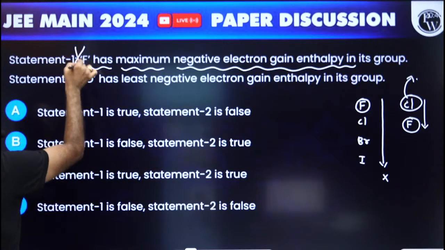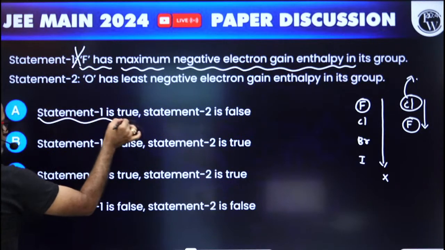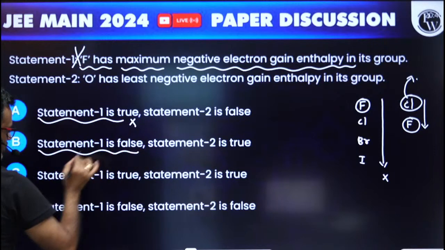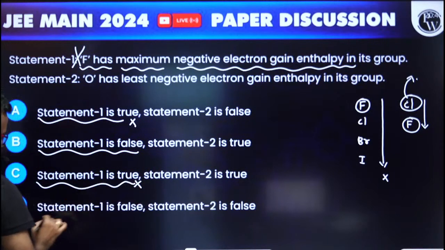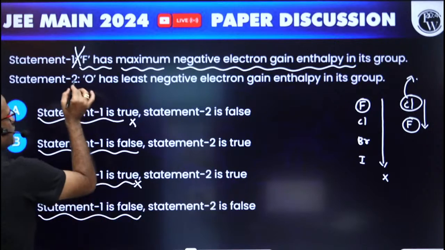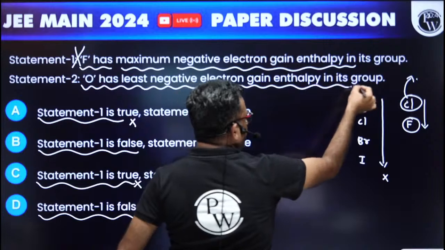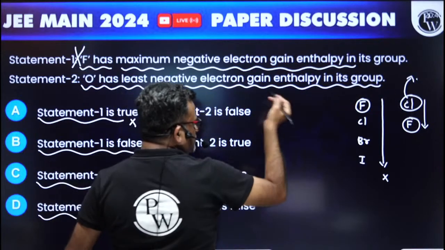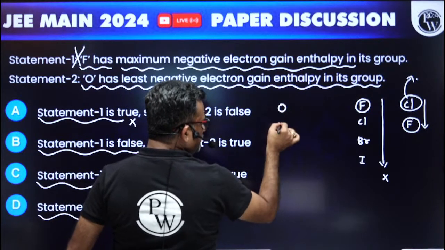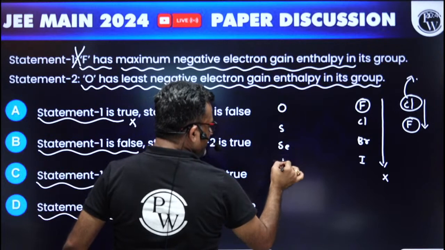So the first one is wrong. Statement 1 is false. What about statement 2? Oxygen has got the least negative electron gain enthalpy in its group. If you come to oxygen, in its group we have sulfur, selenium and tellurium. So as you come down,